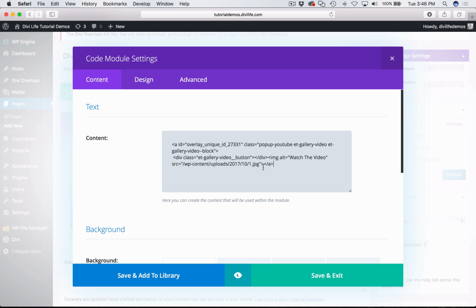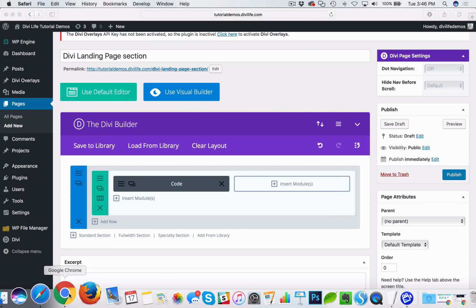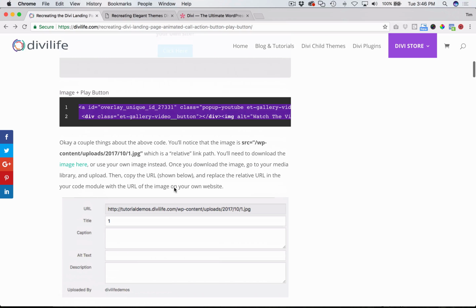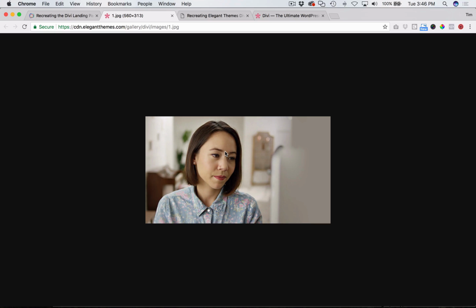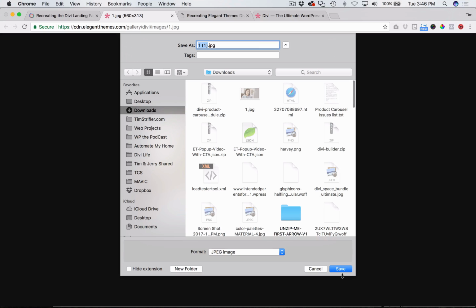So you cannot use this as is unless you happen to have the exact image on your site already in that exact path with that exact name, which chances are you don't. So I'm going to show you here how to download that. So here is the image link here. I'm going to open up that in a new tab. I'm going to go ahead and save image as, download it,